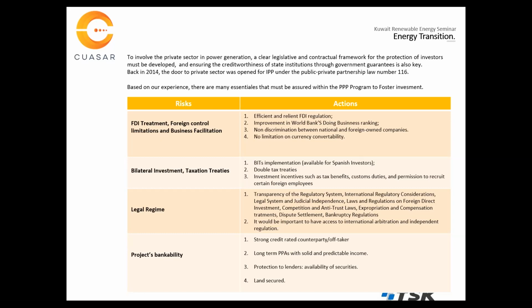And related to the PPAs, there are four categories. First one, there must be a really strong credit-rated counterparty, since the whole project, obviously, and the capability of its repayment relies on only one client. In this case, Kuwait is actually a very strong country in terms of international rating, which is very good. And we expect to see also, as mentioned before in the PPP, a sovereign guarantee covering the risk of the PPA.